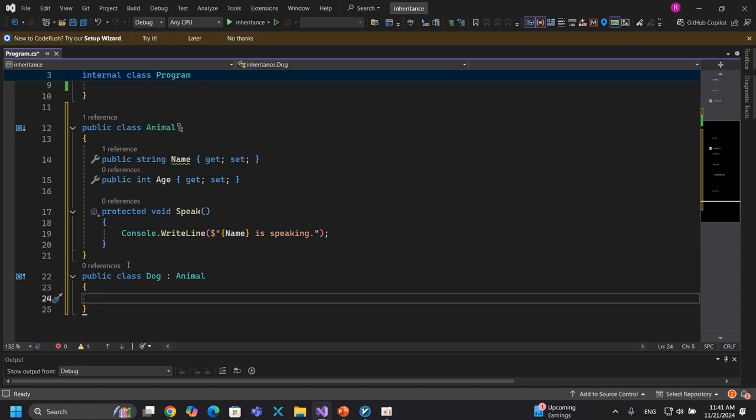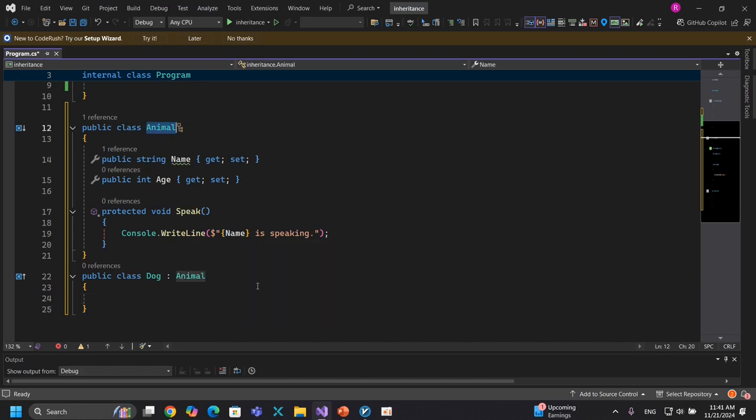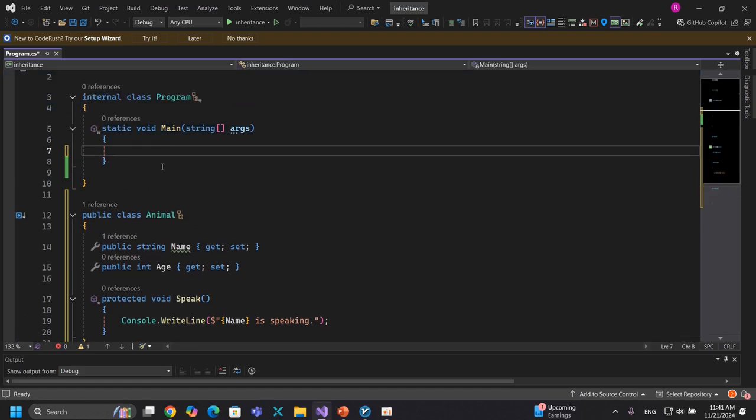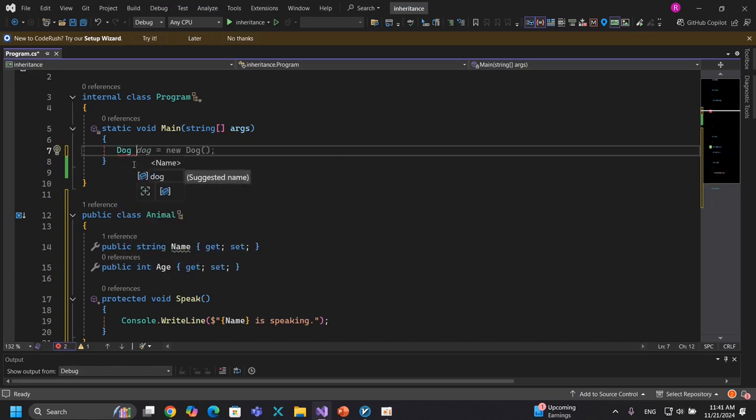And here is our subclass. Notice that I haven't added any method or properties yet. This class will inherit the behavior and all properties and the methods from the Animal class. So let's see the result. And inside the main method, I will create an instance of the Dog class. So Dog